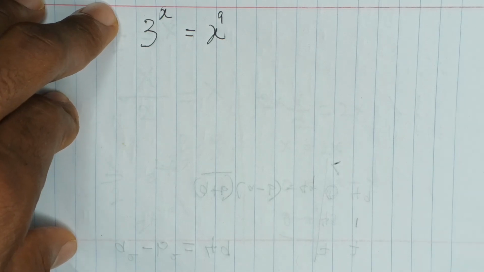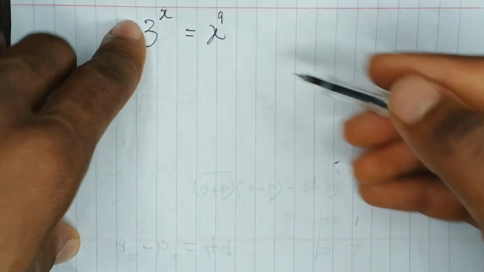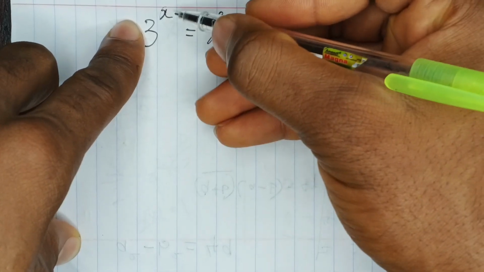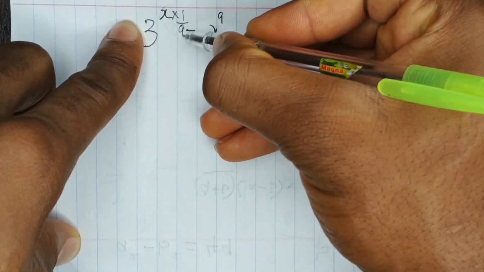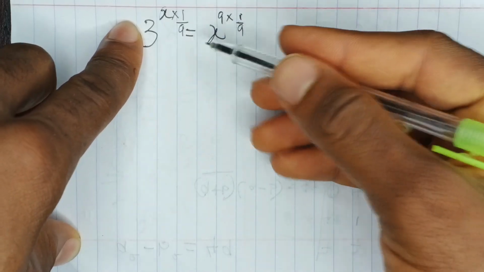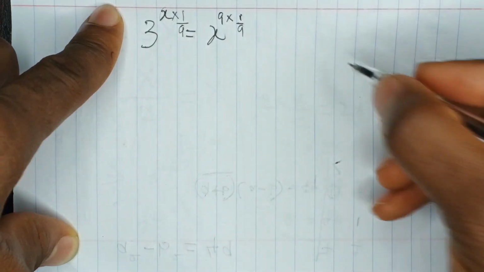The best way to do this is to multiply both sides. I'll multiply this side by 1 over 9, and invariably I multiply this side by 1 over 9, and that's the power. Raising both sides to the power of 1 over 9, which is invariably multiplying, because